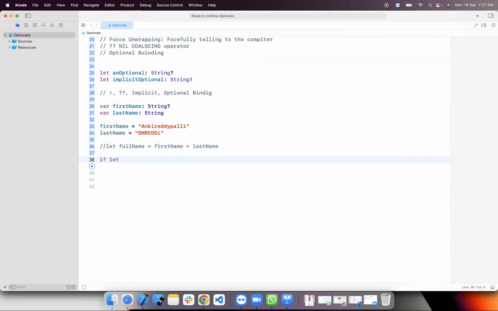Here, I can use let temporary first name equal to first name. What we are doing, we are binding. This is one value, this is another value. We are putting the value which is there in the optional variable into a temporary variable. You are simply assigning here. If it contains the value, print